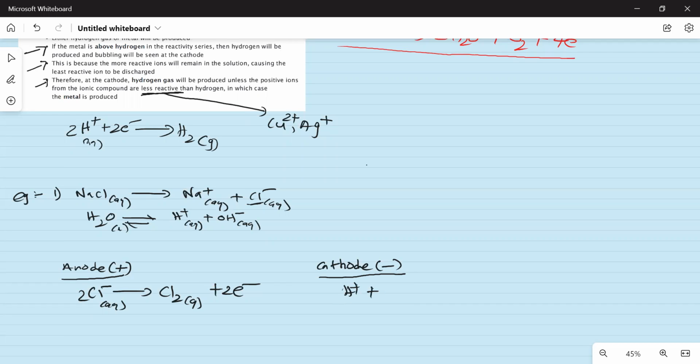H plus gains 2 electrons and becomes hydrogen gas. So easy, guys. If you know the criteria, that's totally enough. After this, just tell me which ions are leaving here. You can see Cl minus is leaving, right? Because it is oxidized here. And H plus is reduced, that also is leaving the solution. So eventually what you have